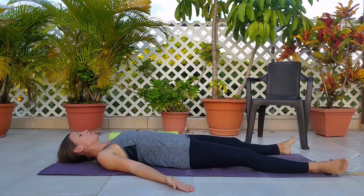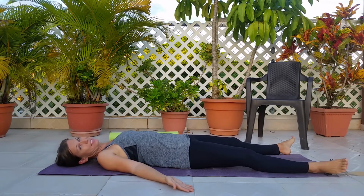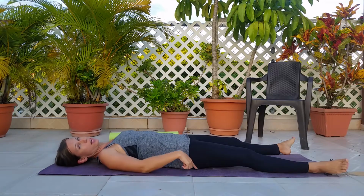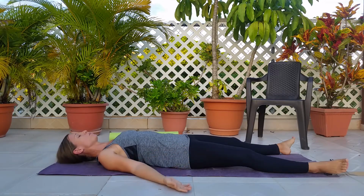Now, for me, when I had sciatica quite severely, this was a trigger, and this would already start. I would feel it already in this pose. So,